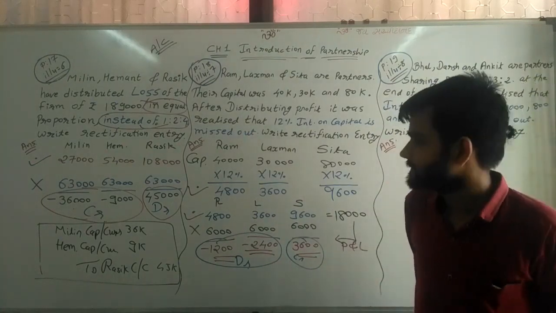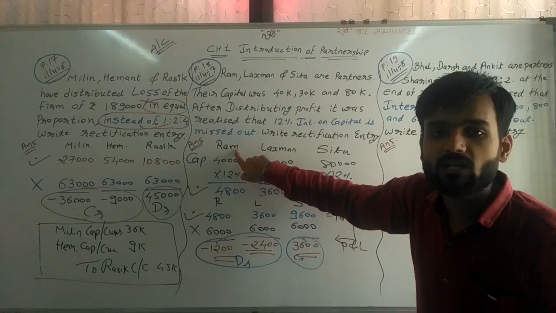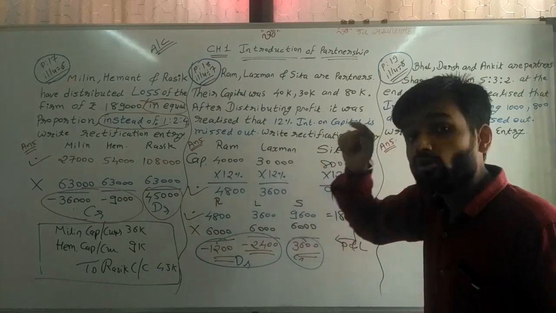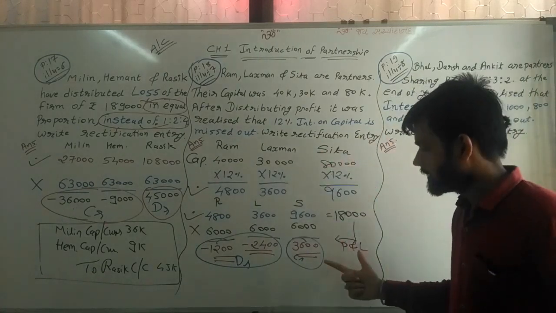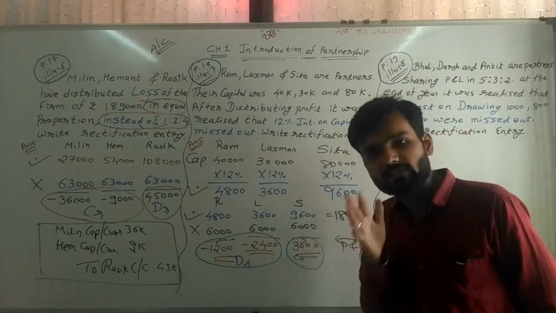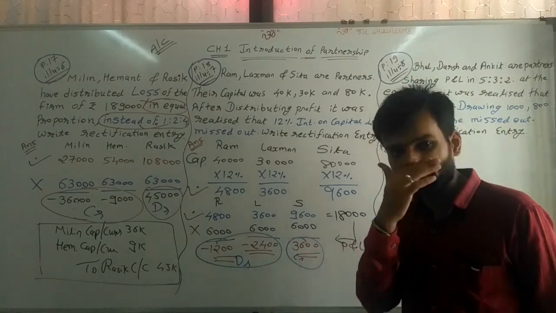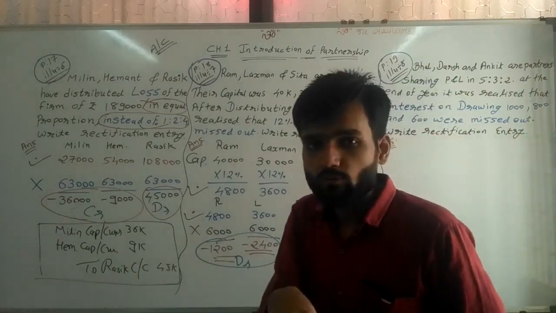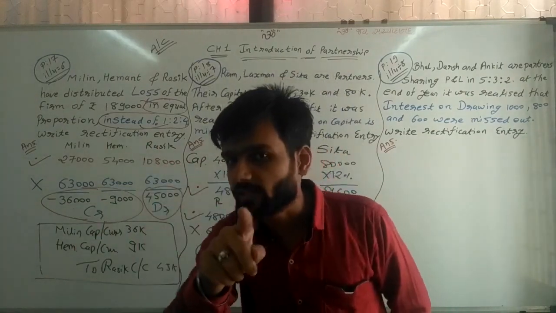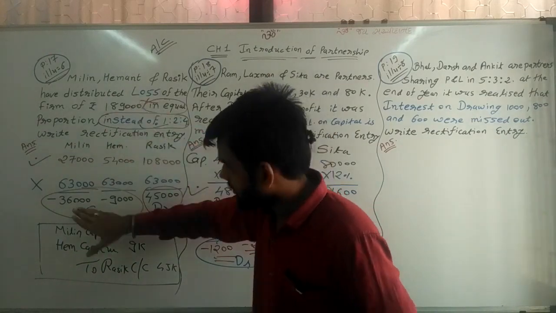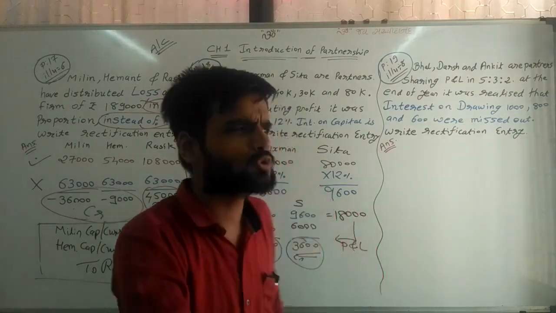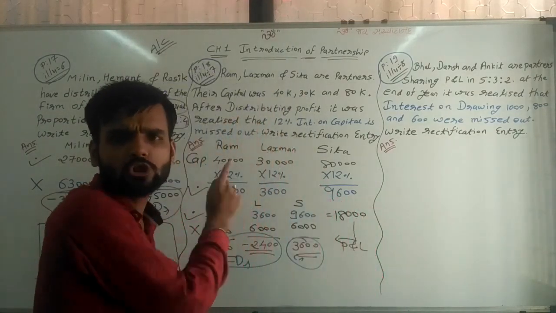So we can write the journal entry. Ram's capital or current account debit, Lakshman's capital or current account debit, to Sita's account 3,600. So debited 1,200 and 2,400, credited 3,600. Now make the total of these two. Again, the same situation is there. As per the first question, I told you one thing. If profit is there, then minus is debited. And if loss is there, minus is credited. Same situation, the same rule is applicable here also.